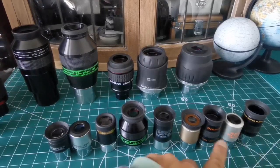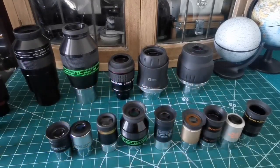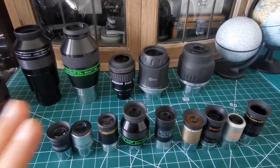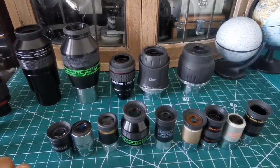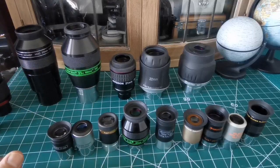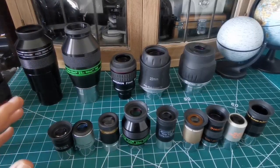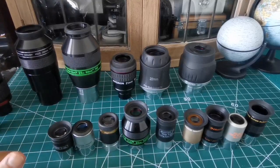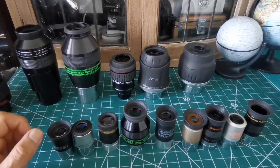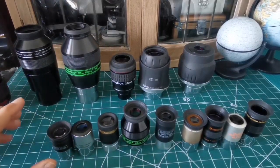So 1 1/4 eyepieces and 2-inch eyepieces. These are the most common eyepieces used by the amateurs. They're widely available. You can buy them as cheap as you like or as expensive and costly as you like. In my experience, in these two categories, there are